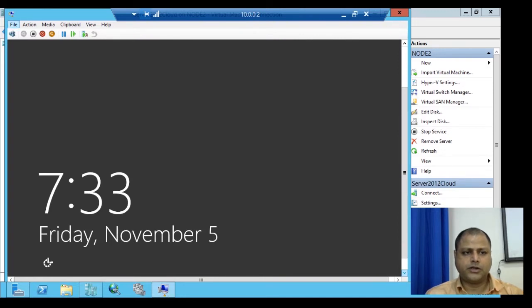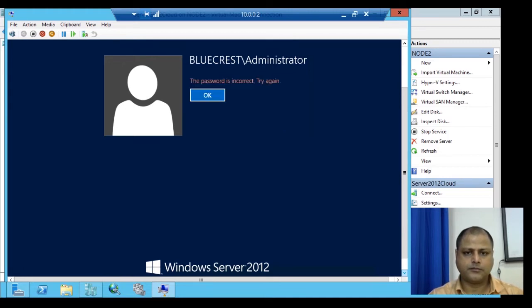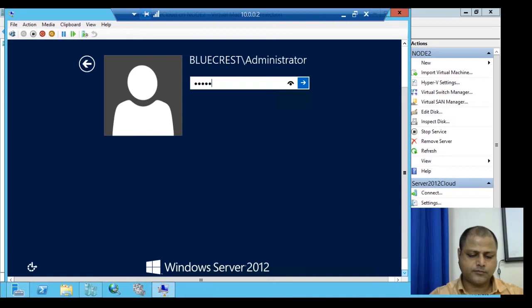We'll log in with the credentials. We can see the domain name as bluecrest/administrator. We'll log in with the administrator because the administrator has the complete privilege. Now it is logging in.